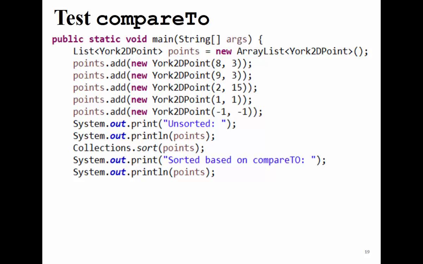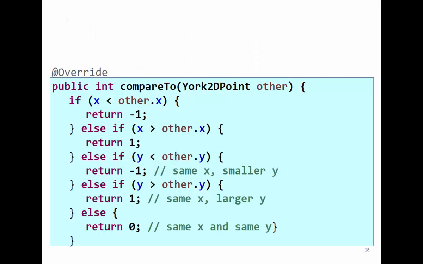Unpredictable, because we have a class without implementing a comparable interface. So we rely on the objects, and the behavior of the sort will be unexpected. Nobody can know, because different machines can give you different output. But once we agree that the York 2D point implements the comparable interface and we provide the compareTo implementation, as